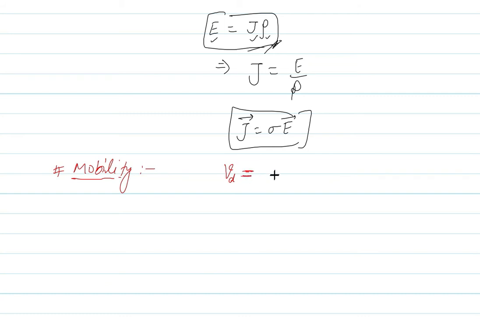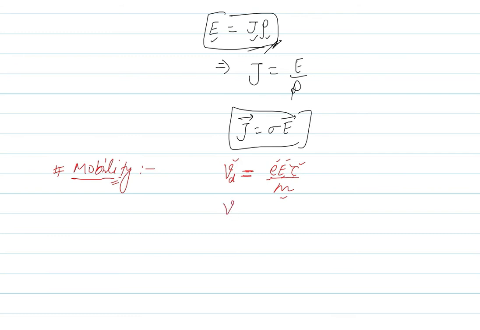by Vd, and the expression for Vd is what? E tau by m. So we can see from this expression that Vd depends on electronic charge, external electric field, tau, relaxation time, and mass of electron. See, other than capital E, the terms e, tau, and m are intrinsic properties of the conductor. These are independent of external factors, but only capital E is dependent on external factors. So we want to define mobility as the internal property of any conductor.